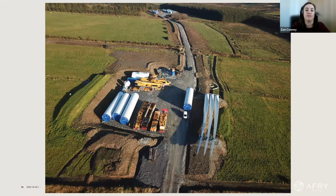This is a photograph then of one turbine foundation, one turbine location. So you can't see it very well in this photo, but this is the foundation, this little circle bit up here. You then have your hard stand just off the foundation. So the orientation of the hard stand is always that it's just right off the foundation, and these hard stands are generally between 40 and 50 meters wide, sometimes wider, and about 80 to 100 meters